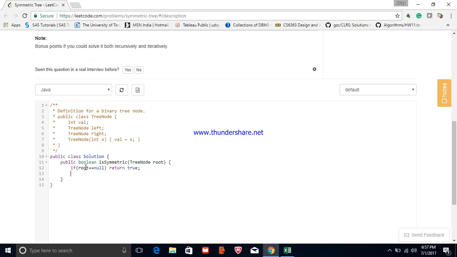Otherwise, we are going to check if root left dot val is not equal to root right dot val. In that case, we are going to return false. Otherwise, we are going to go in and return